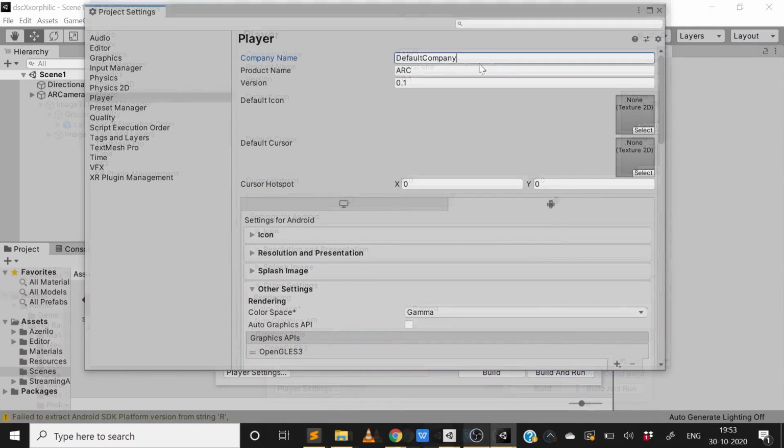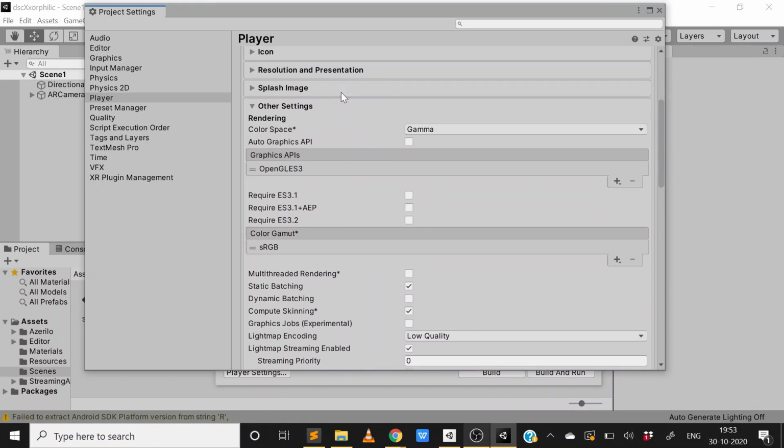Now the company name will appear something like this. You need to change the company name to something of your choice. So let it be X, Y, and Z. Because keeping the company or product name as default is a very bad practice. So do change it according to your wish, which is not default. Now scroll down to other settings